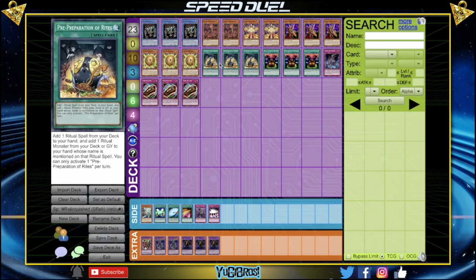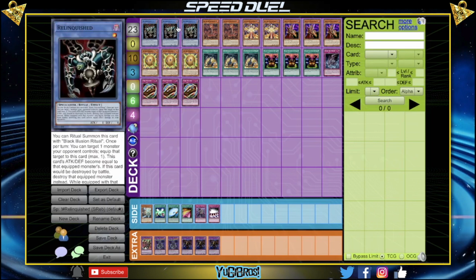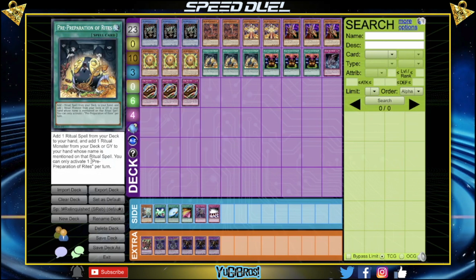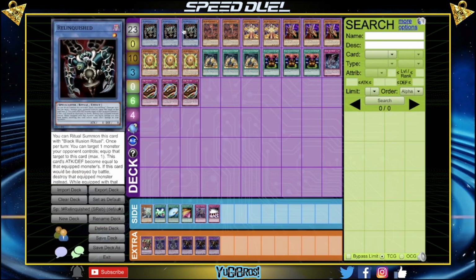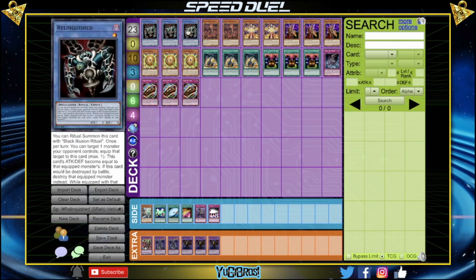Triple Pre-Prep, this card's absolutely ridiculous. Triple Black Illusion Ritual, obviously for the Relinquished itself. Keep in mind, Pre-Prep can add the ritual monster from deck or graveyard, so even if you don't have a Relinquish in deck and you do have a Black Illusion Ritual, you can pre-prep the one from the grave